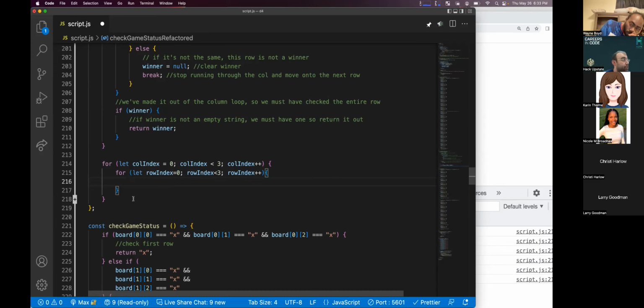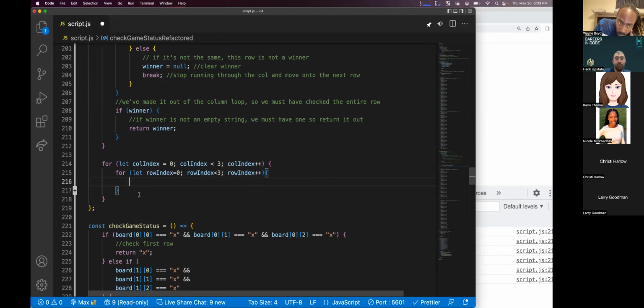So what we're going to do is we're going to assume that the winner is going to equal whatever the first row is on the column we're checking.